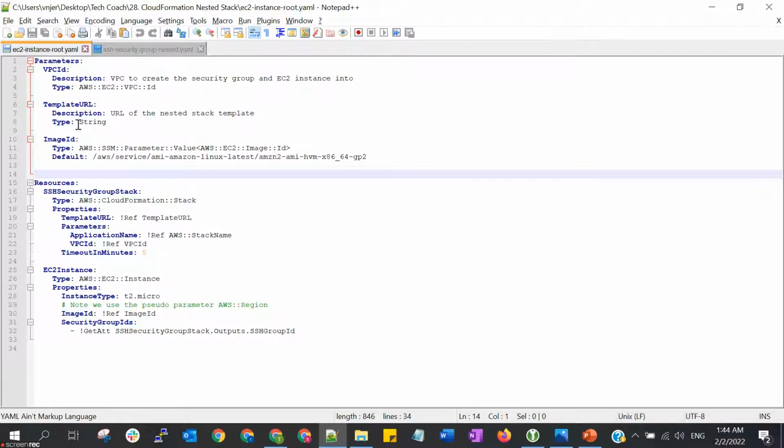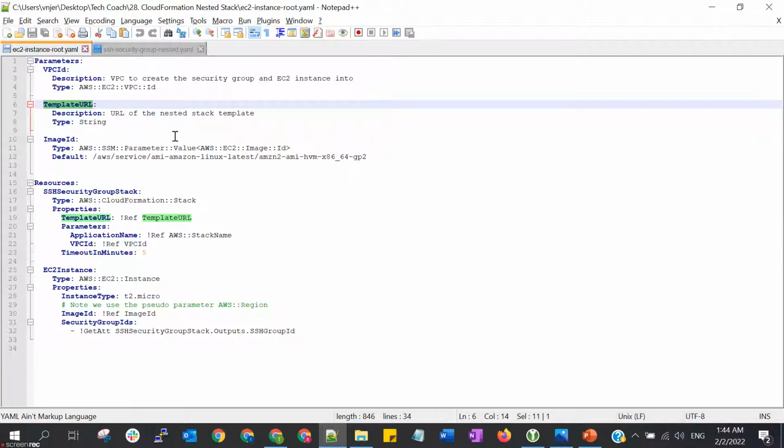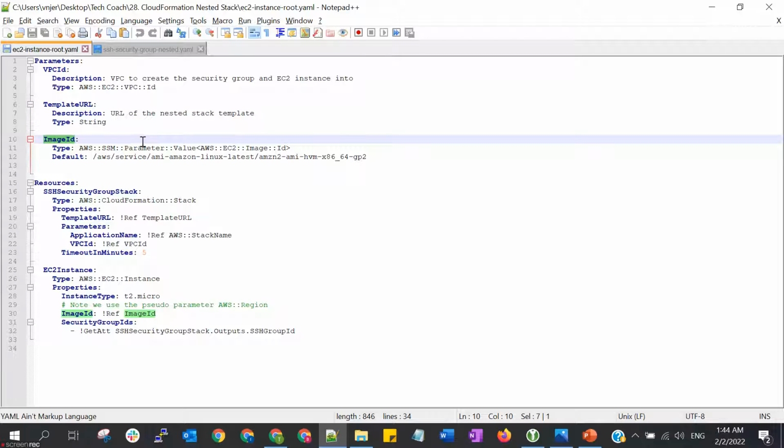This template has three parameters. First is VPC ID, the second is template URL, which is the URL for the nested stack, and the third one is the image ID.